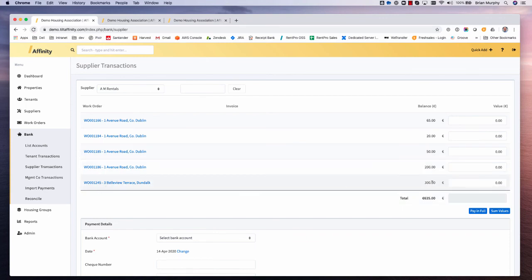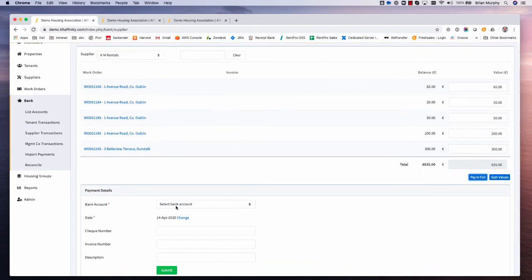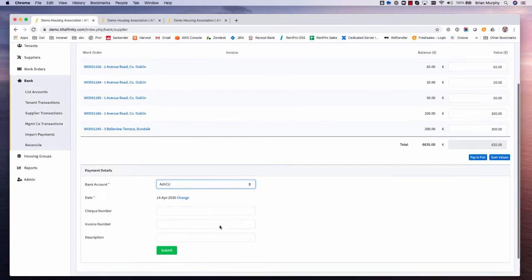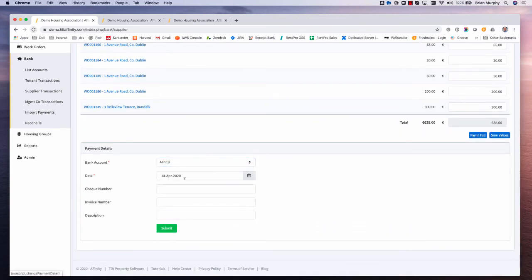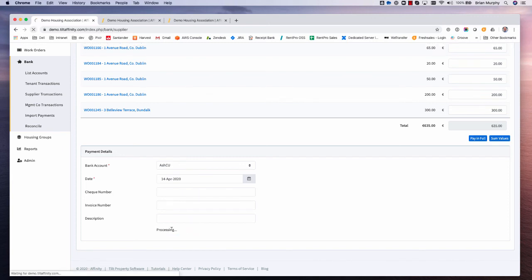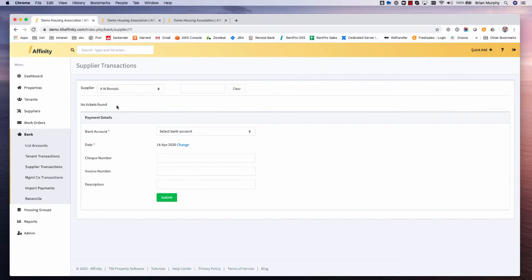So we can see the recently completed work order done at the bottom of the list here, along with a few other ones. If we just want to settle up in full with this supplier, we click on the Pay in Full button, enter the transaction details, including the bank account from which we're going to make the payment, the transaction date, which we can change if we wish, optionally put in a check number, invoice number and description, and then just submit that. And then what you'll see is that there no longer remains any work orders to be paid